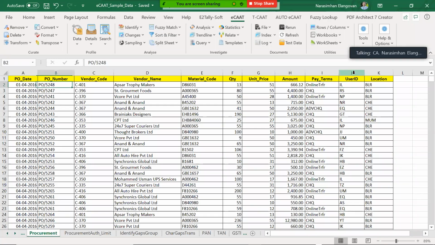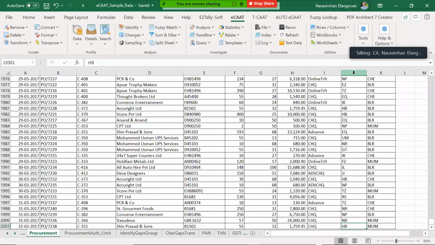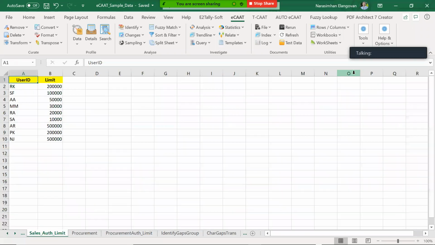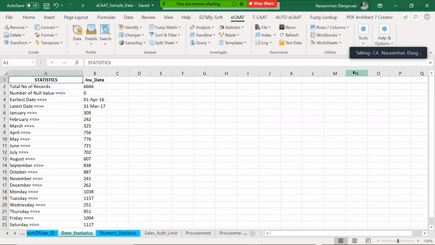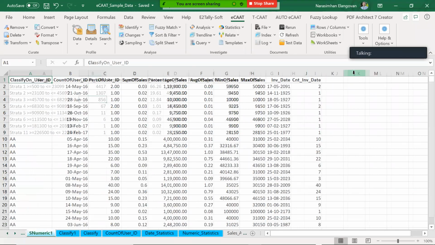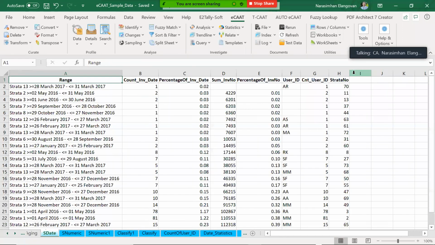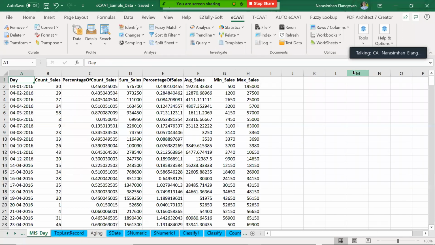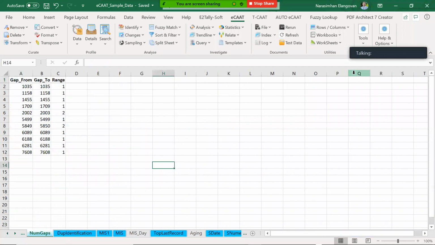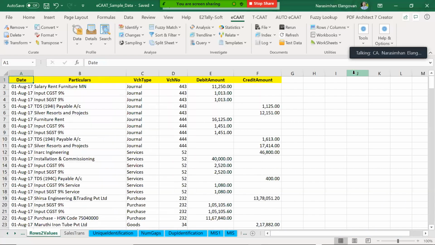Let me see this. Maker is there. Okay, I have user ID here. My goodness, so much analysis we have done. This file has become very huge. There is no end.